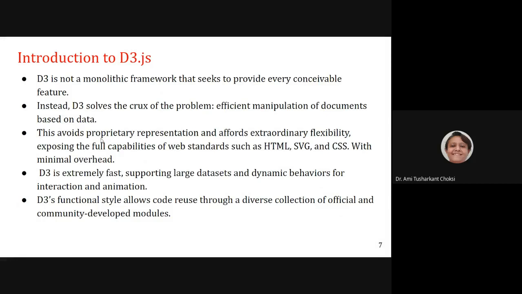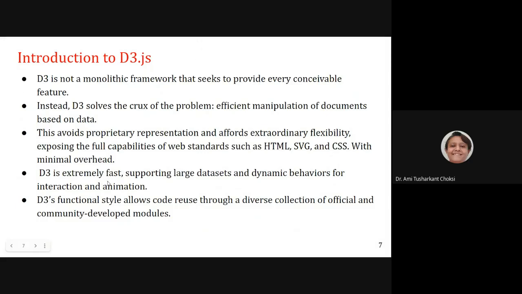This avoids proprietary representation and affords extraordinary flexibility, exposing the full capabilities of web standards such as HTML, SVG, and CSS with minimal overhead. That is the benefit of D3.js.